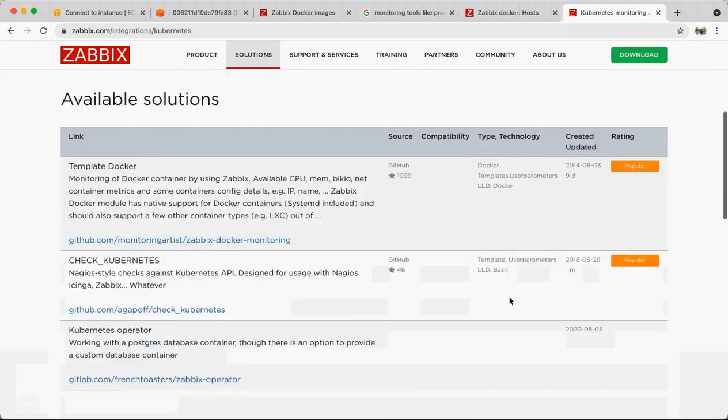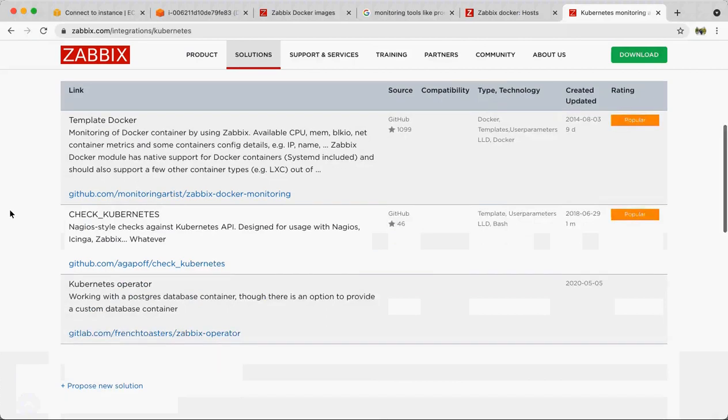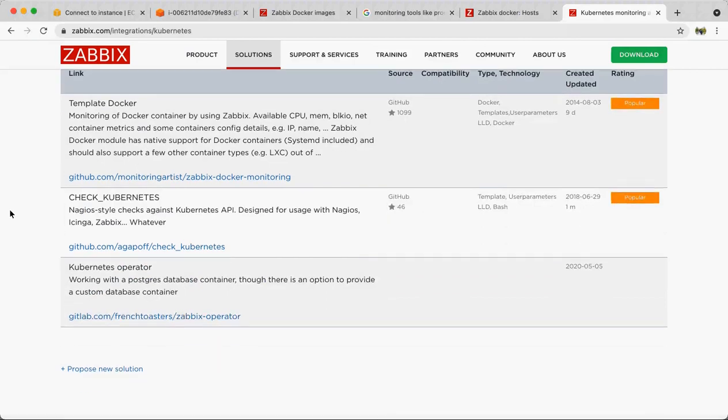So here, you won't find much documentation, because I don't think they have been at it for long; it is like they have just started. So I'm not sure how mature it is, because many people use Prometheus or similar kinds of monitoring tools for Kubernetes. But Zabbix has also started this Kubernetes journey, and let's see how good they can be with this particular Kubernetes integration.